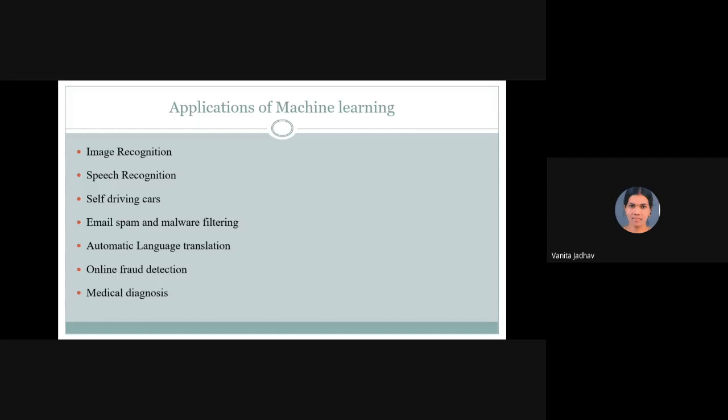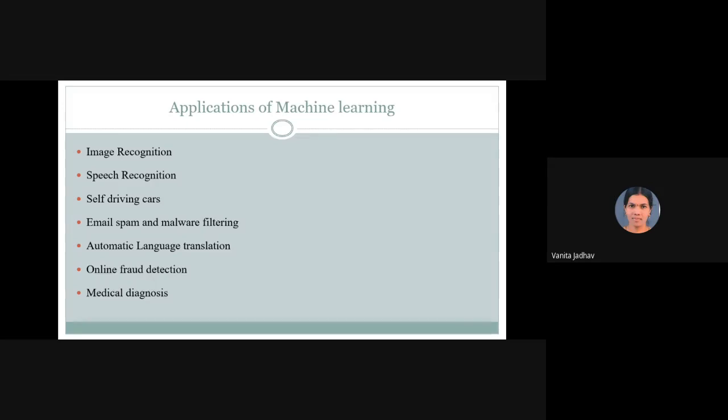Let's take an example of Facebook. In Facebook, there is a feature of auto friend tagging suggestion. Whenever we upload a photo with a Facebook friend, we automatically get a tagging suggestion with the name, and the technology behind this is machine learning. So we are using face detection and recognition algorithms for Facebook.